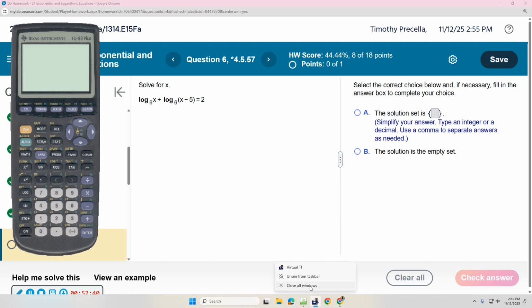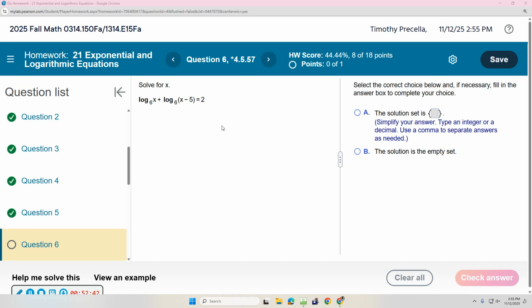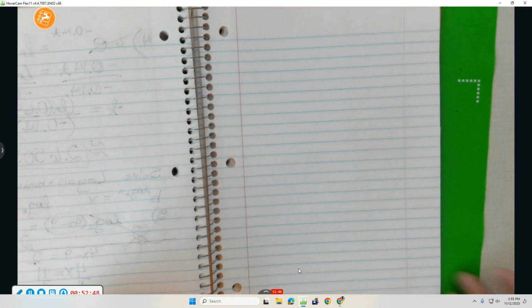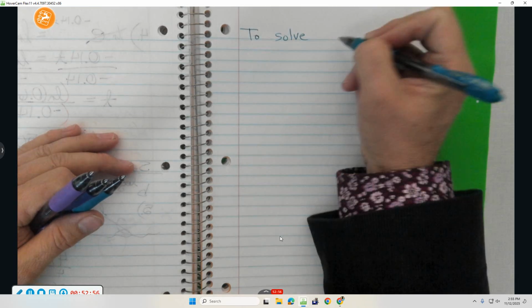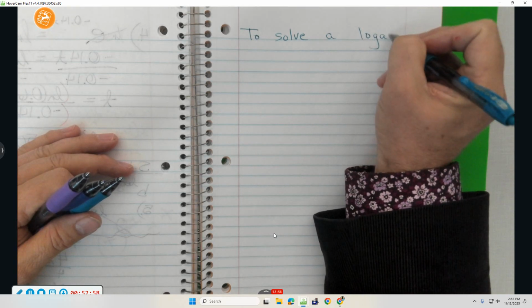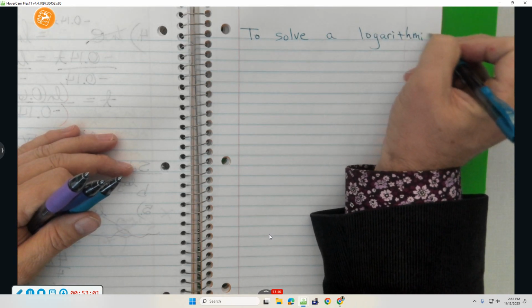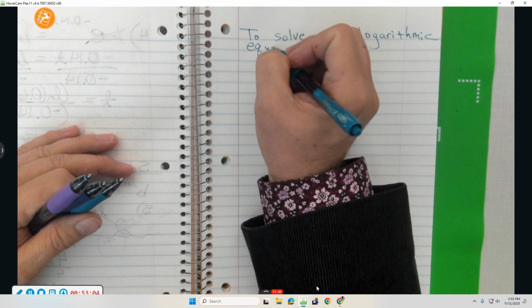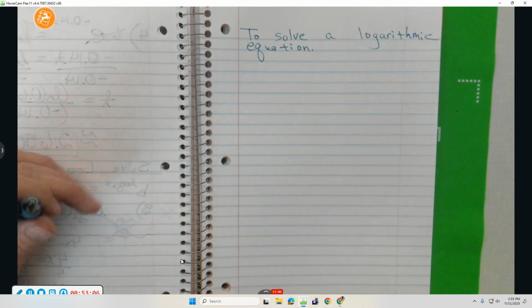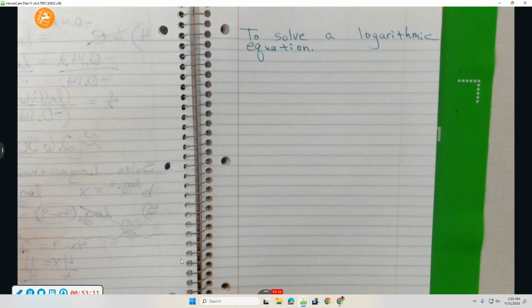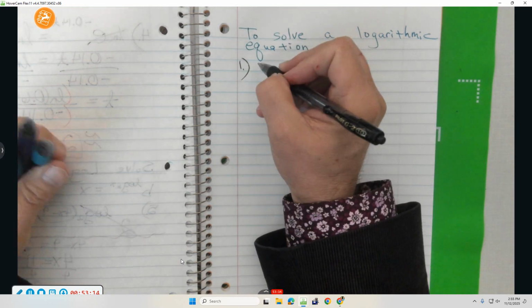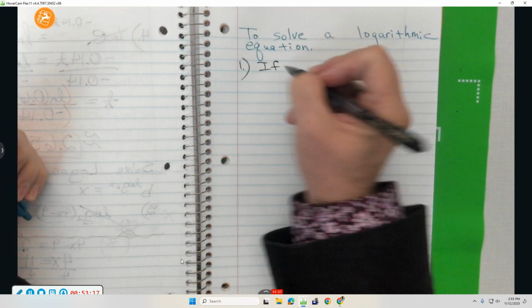Okay, now I'm going to write a general process. I'm not writing the problem down, I'm ready to write down or summarize what we just did. I'll say, to solve a logarithmic equation, if necessary,